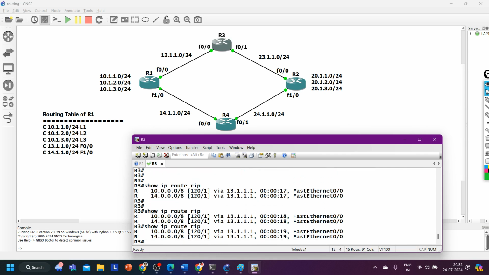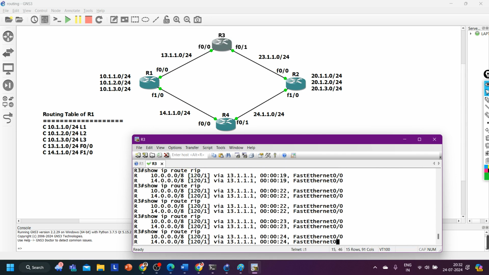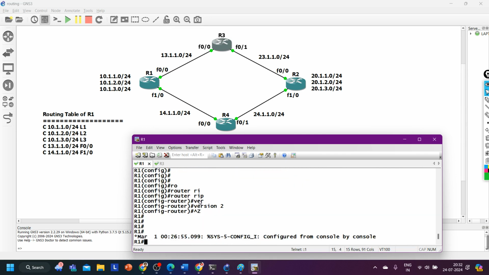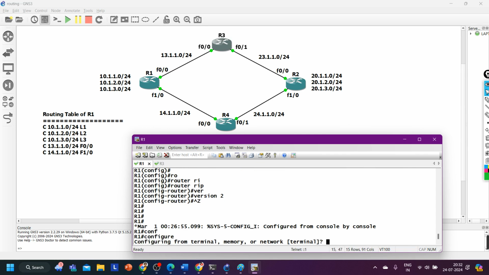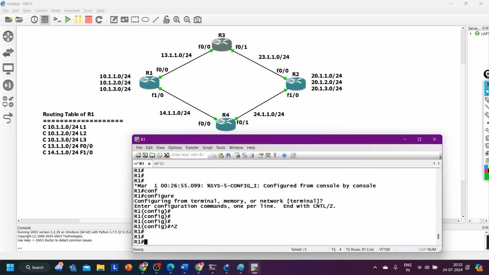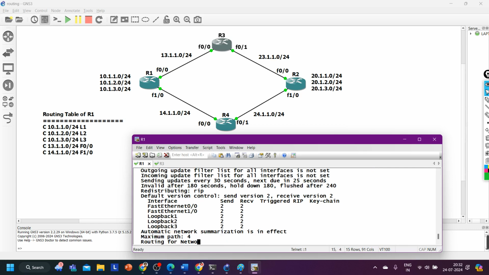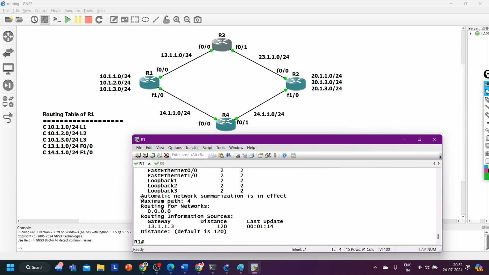Still we have classful network, right? Network with default CIDR value. So on router number 1, now I am going to say no auto-summary. I am going to disable automatic summarization. See what is happening. So show IP protocol. Guys, automatic network summarization is in effect. Means automatic summarization is enabled. Summarization